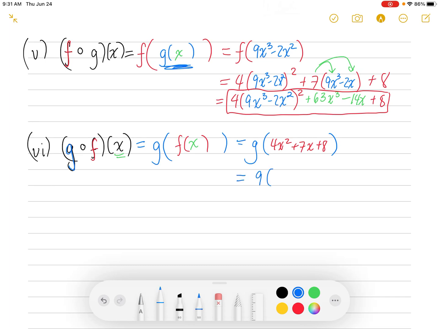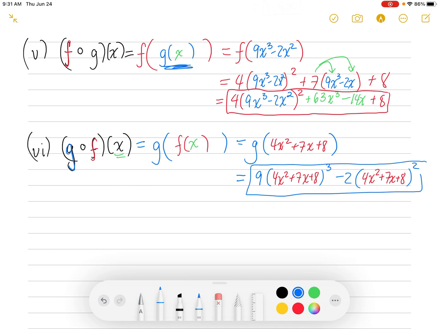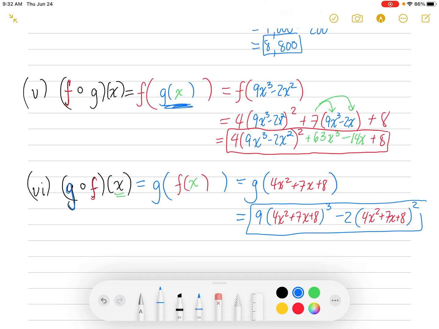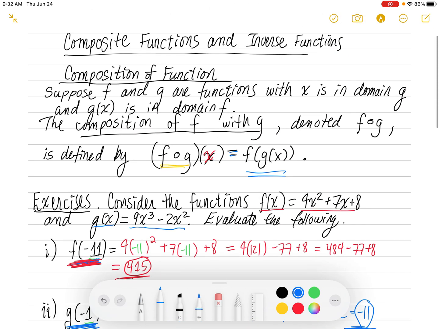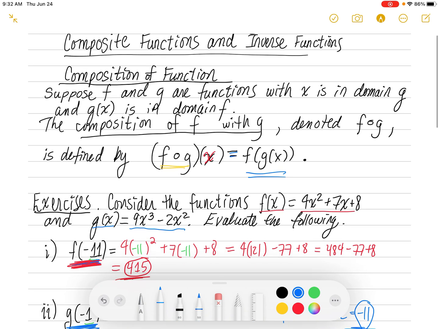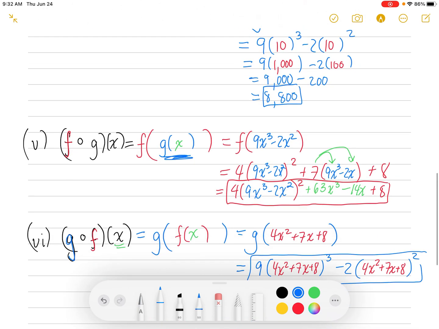Okay, so I really can't simplify 4x squared plus 7x plus 8. So now I'm going to plug that red stuff into my blue function. Now, what was my blue function? My blue function was 9 times blank cubed minus 2 times blank squared. And in place of where the x was in the blue function, we're going to put the red stuff: 4x squared plus 7x plus 8. If you wanted to try expanding that, you could, but it would be very tedious, so we're just going to leave it like that. Okay? So there is composing functions. This would be in our book section 5.1, where